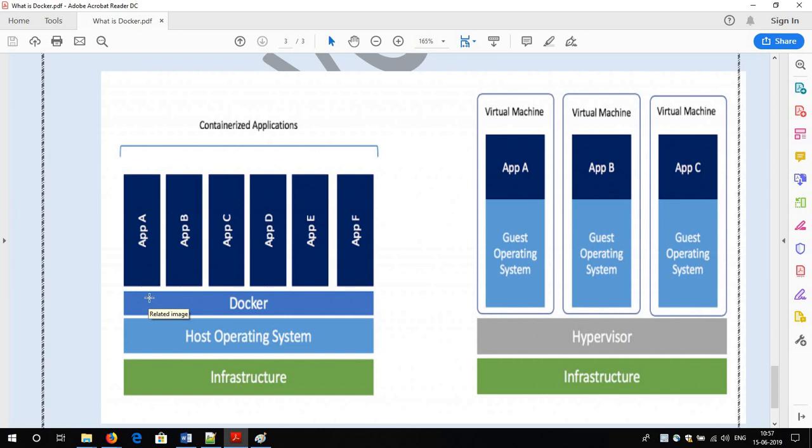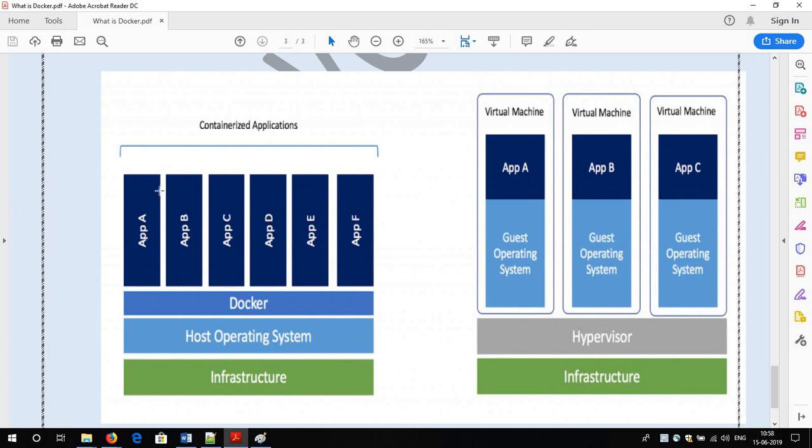So Docker will provide the host operating system level kernel to the CentOS image.